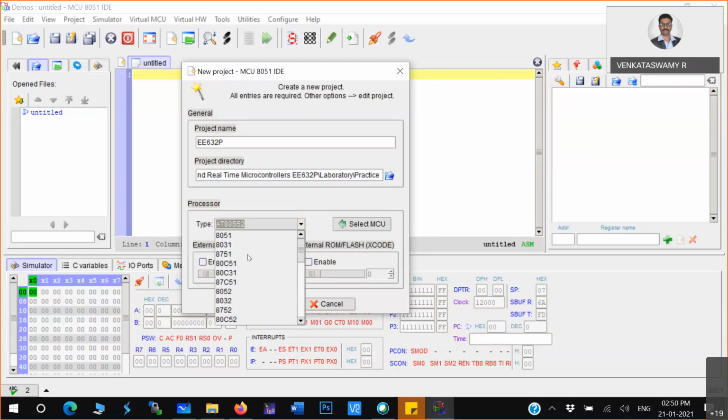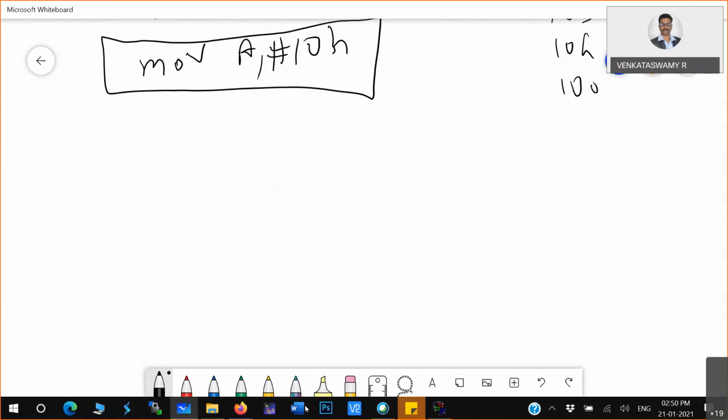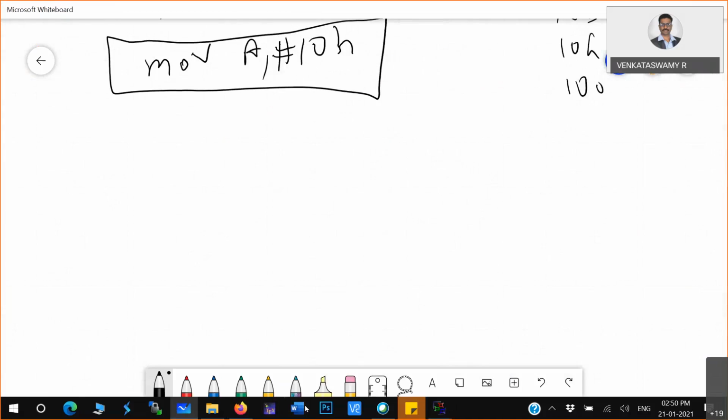It works the same. Now I'll take 8051, a pure simple microcontroller with 128 bytes of memory inside. What you have to understand is that you have taken the 8051 microcontroller.